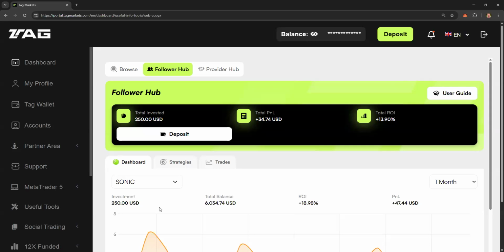So there's some profit on that. But you notice the ROI, in 3 weeks is around about 18.98%. So it's performing extremely well. The P&L is 47.44 because how this works, folks, basically whatever trades you do, because it costs nothing to use the system, nothing